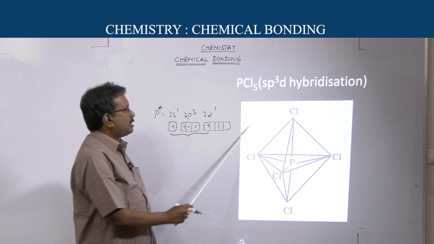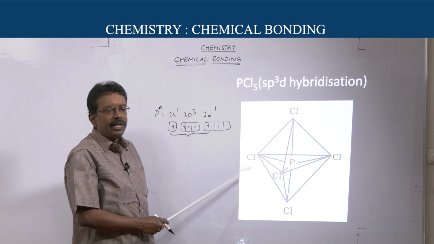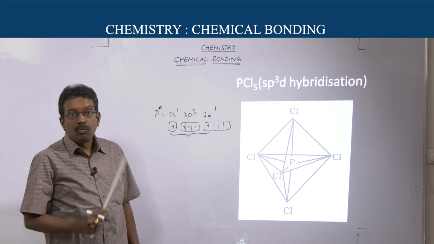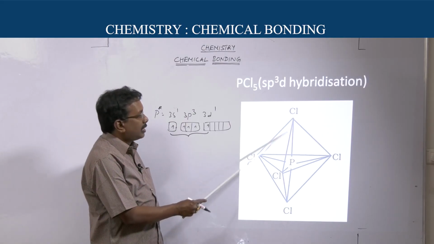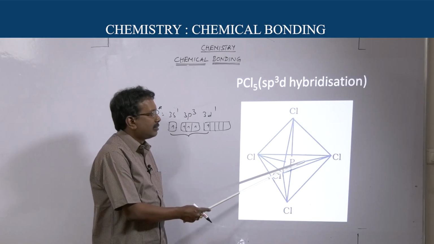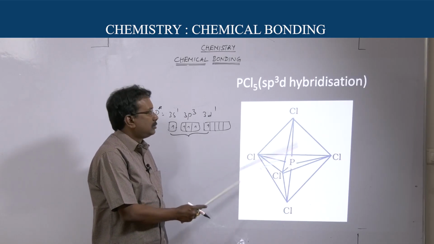That's why if this PCl5 molecule is heated, it gives 2 species. One is PCl3, another one is Cl2. What type of Cl2 is it? That Cl2 comes from the axial chlorines, slightly weaker than these bonds. So this is the example for